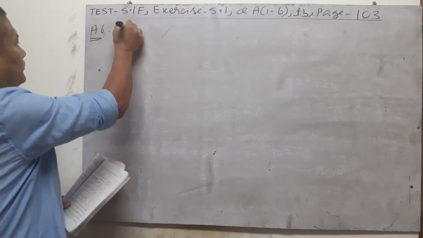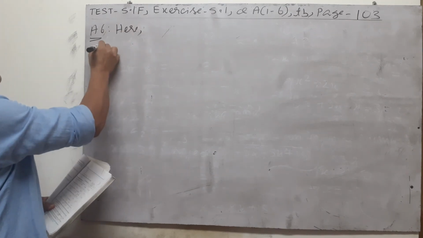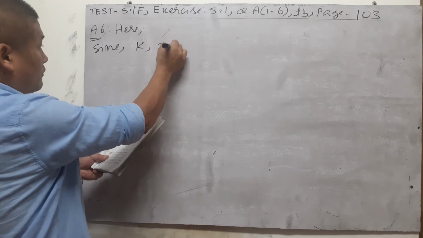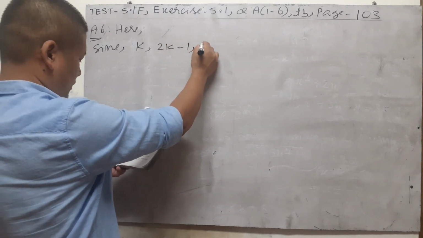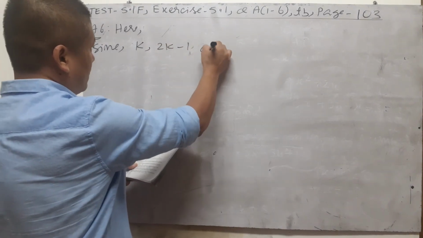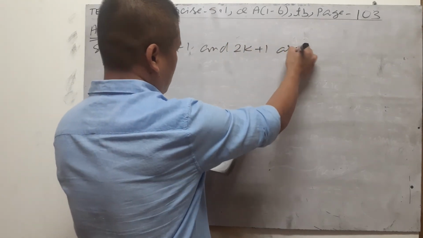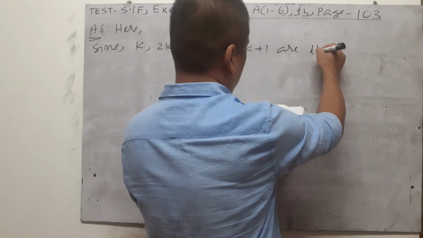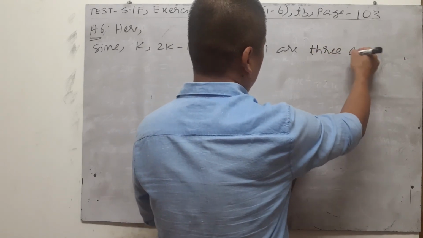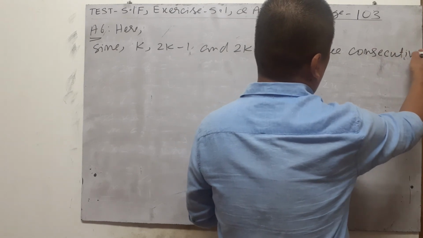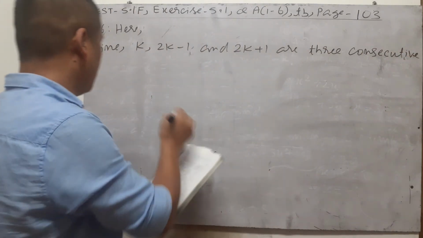So here, since k, 2k minus 1, and 2k plus 1 are 3 consecutive terms